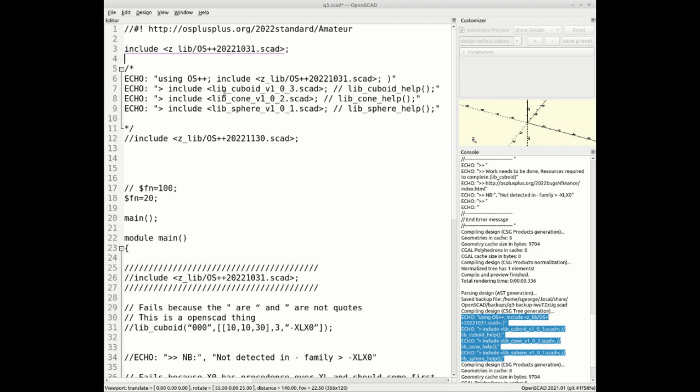So when I have this include statement to run the OS++ framework, it turns around to me and says, hello, I'm running this particular calling program, and it calls libcuboid 003, libcone 002, and libsphere 101. If I do exactly the same thing, but with my latest and greatest,